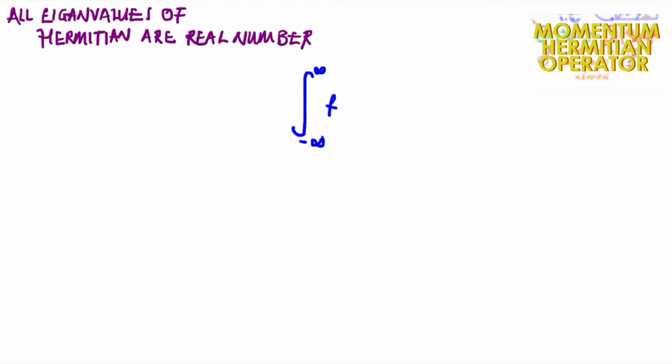positive infinity of a particular, I will say, well-behaved function f, where the star at the top here is representing the complex conjugate of that function, is presented with a particular operator, which is A, acting on another well-behaved function, which is g, and this is done with respect to tau, which could be any coordinate, either in 1 dimension, 2 dimensions, or 3 dimensions, and this is equal to the other side of